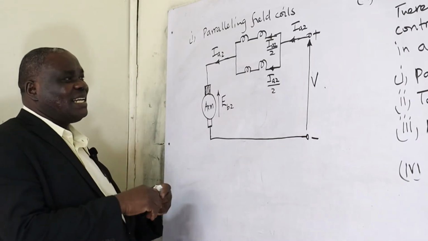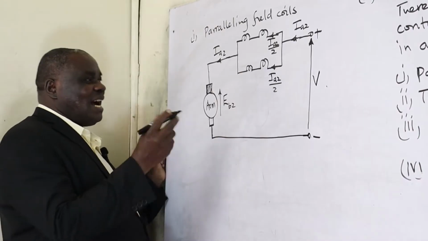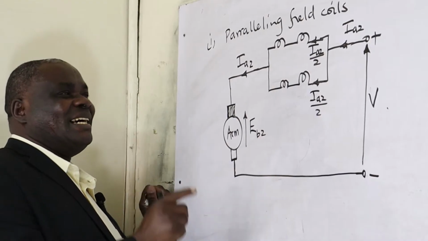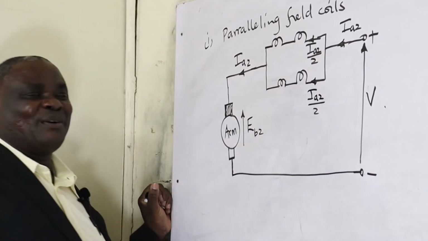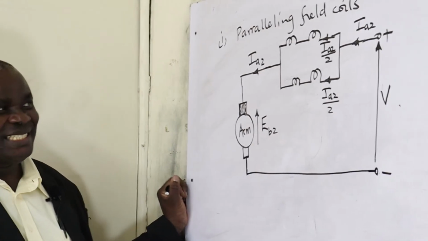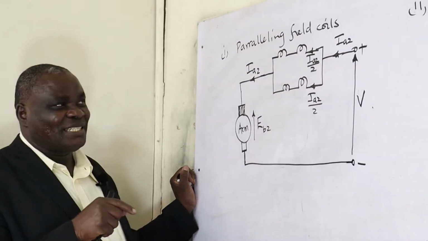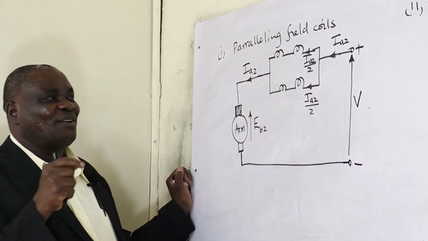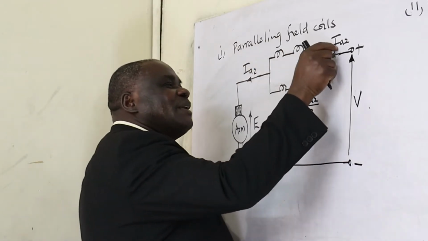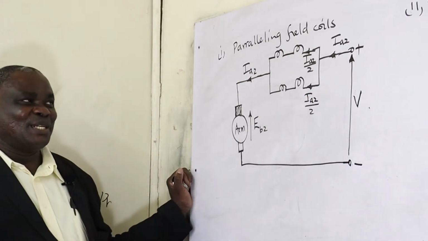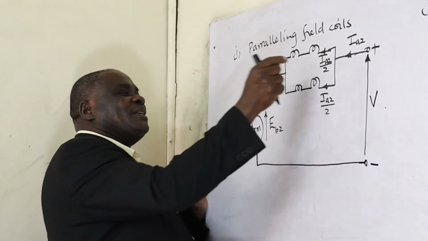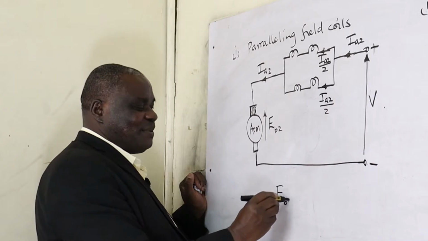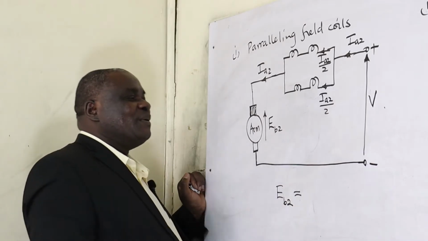Now, in analysis, how would we calculate? There is EB2 coming in place here, and IA2 can be found from what we call the torque equation. The torque equation will help us if we know the nature of the load. If we know whether the load torque is varying or constant, we can evaluate IA2 from the torque equation. Now, when we need to evaluate EB2, for example, EB2 will be given by